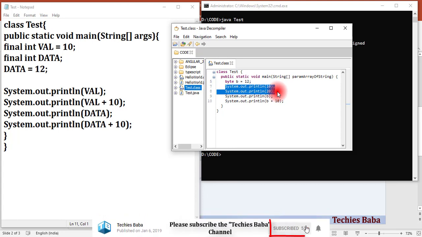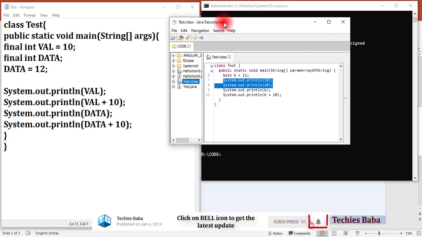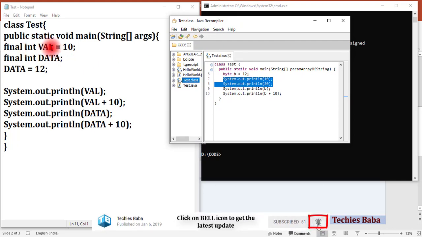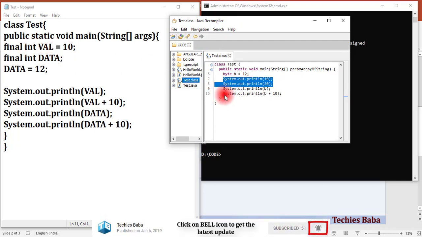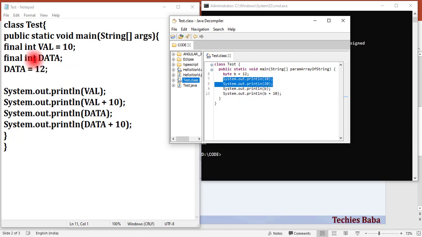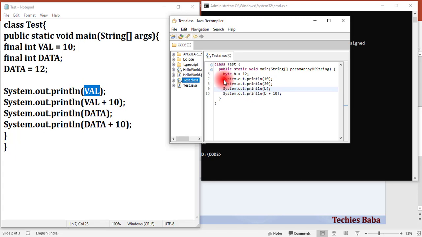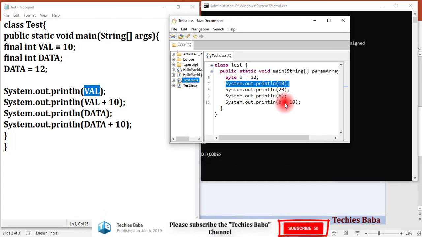If you compare with our code, we have final int val equal to 10. We have final int data and data equal to 12, and then we are printing val. But in the .class file, there is nothing called val. It is not printing a value called val.